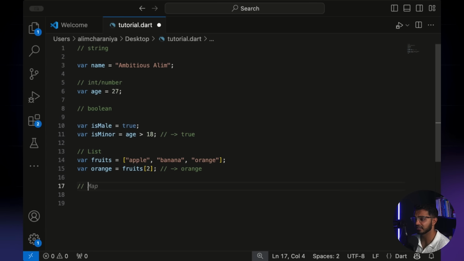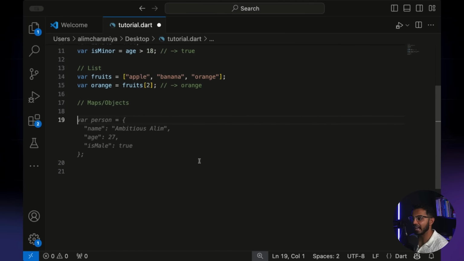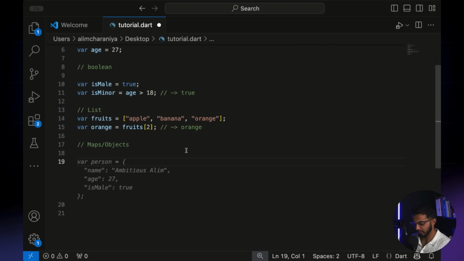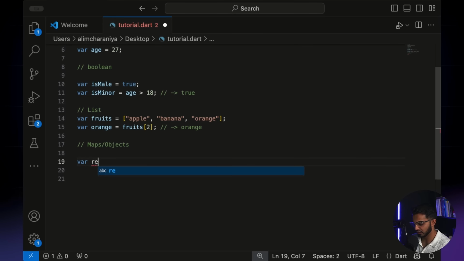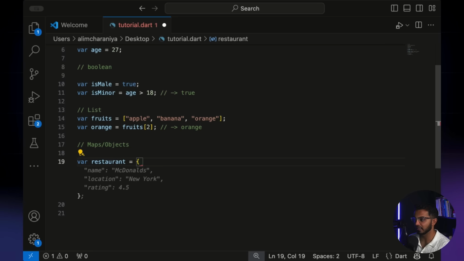Okay, so now that you learned lists and how they start, the last thing I want to talk to you about is maps, which are kind of the same thing as objects. Objects traditionally are big pieces of data that represent a thing. And I actually mean it when I say a thing. For example, if we wanted to have a restaurant app that kept track of all the local restaurants, we might have a restaurant that we want to use, and we could say var restaurant, and we can set this to an object.